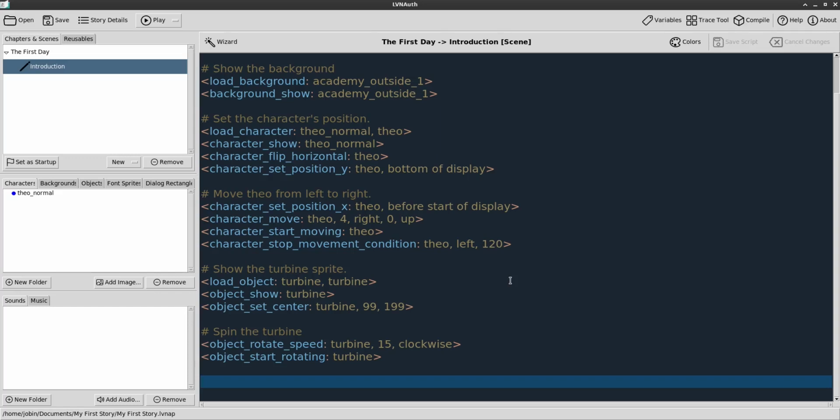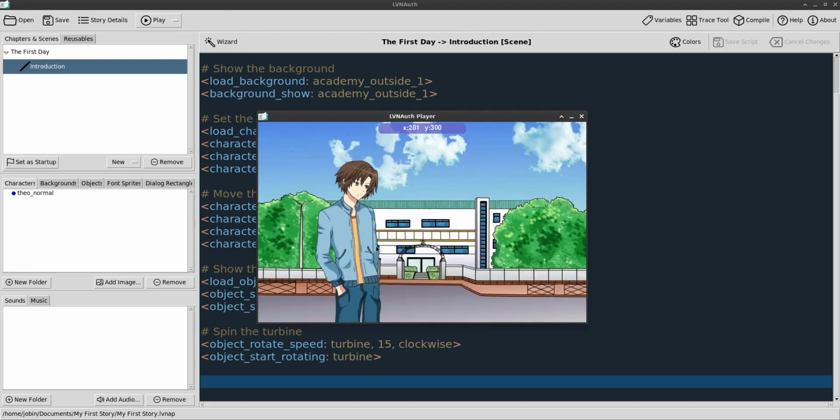Hi everyone. So if you remember from the last video, we basically created this. So we have a character that slides in, and then we have a rotating wind turbine animation. So the next step would be to add dialog text so we can make our character say something on the